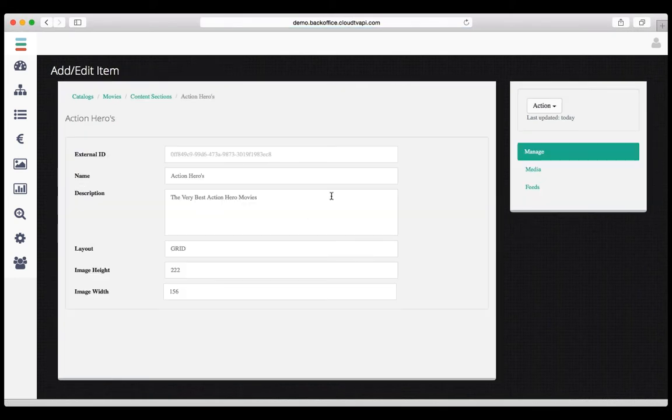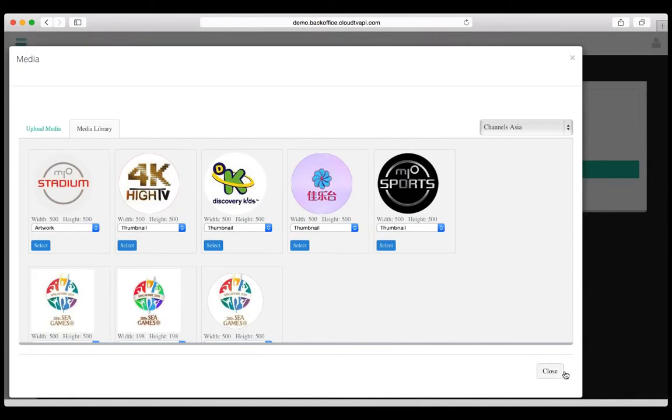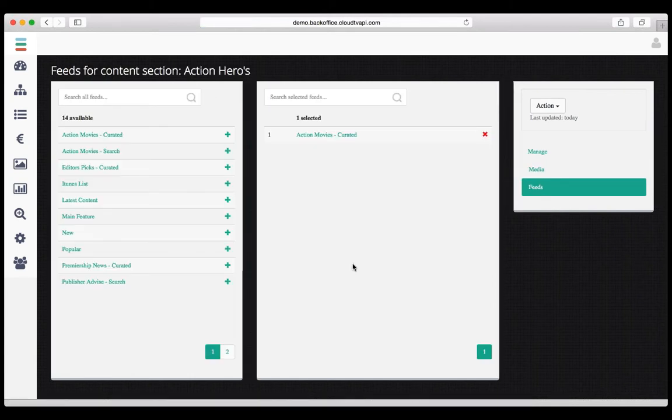Drill down into this. We have some metadata on the section. We have some pointers or tips on how the layout should be for the user experience. Again, we could add media to it. This one doesn't have any media. We could again go through the library of media items, and here we have the main content driver of the feeds. In this particular section, the feeds are action movies curated, and that is a very simplistic drag and drop